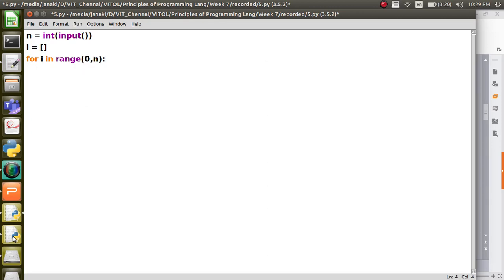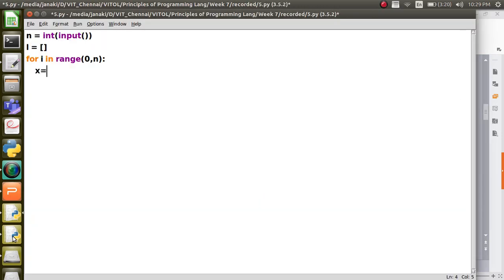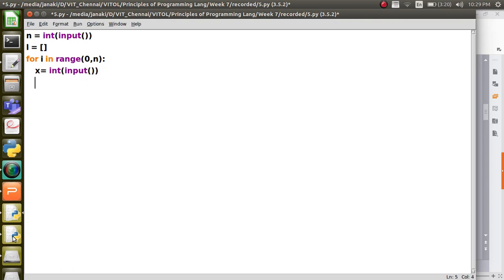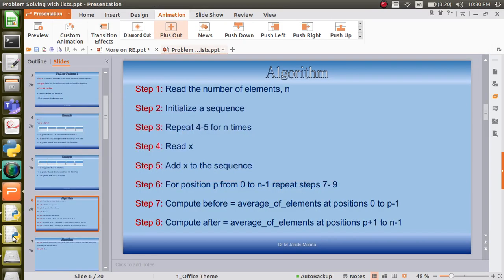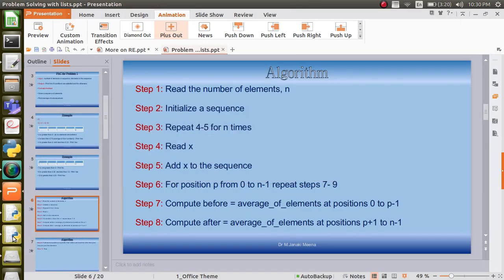What we are going to do is read the value of x from the user. Let us assume that we are going to have only integers as elements, so x is equal to int of input. After that, you have to add to the sequence. We are going to use the append function. The append function will add the element to the end of the list. So one by one they will come and get added to the end.